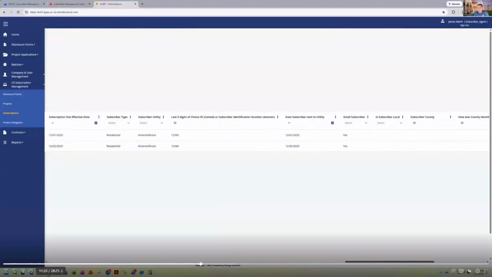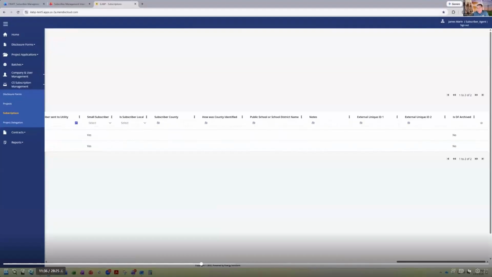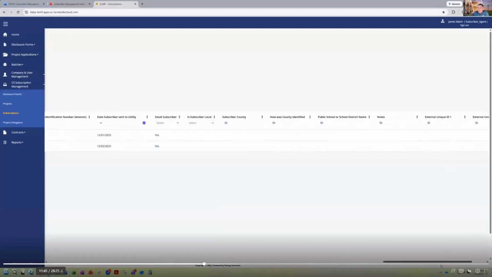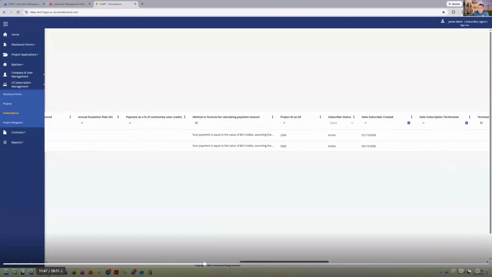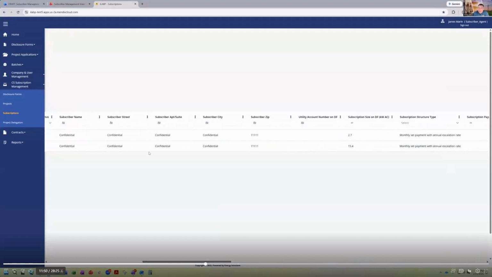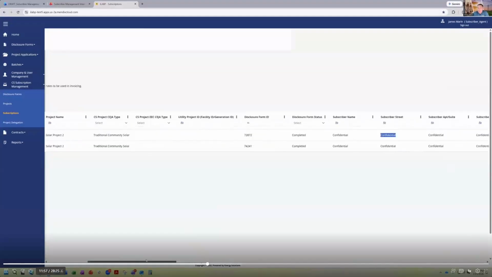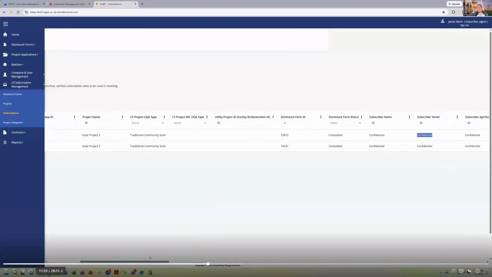These are now subscriptions. And I scroll all the way to the right, and you can see that column that says, is disclosure form archived? No. Again, we're seeing confidential information here because I am on a scrambled server right now for this demonstration. However, if you were an AV or designee, you would see the actual information. However, and I'm going to cover this later on,